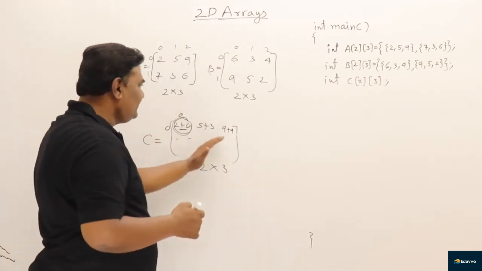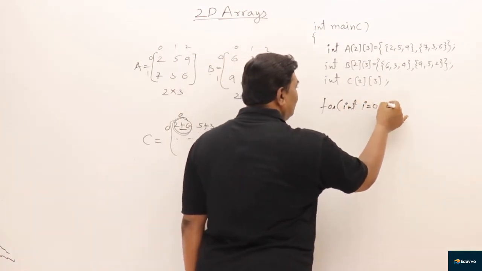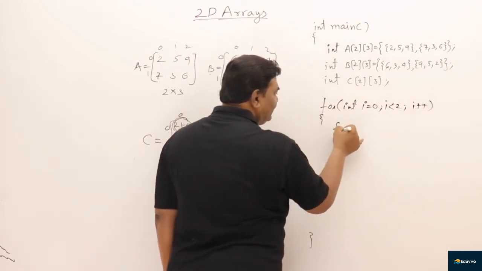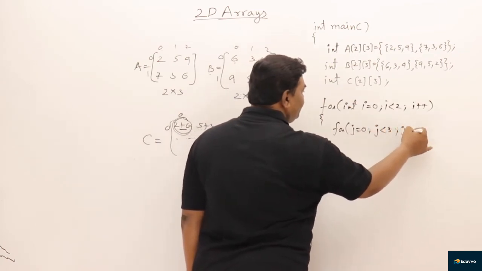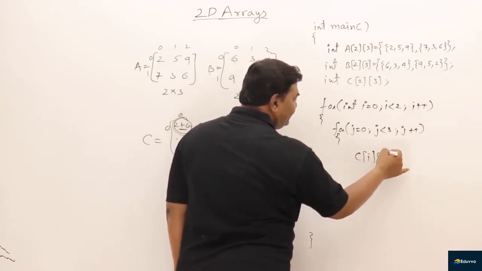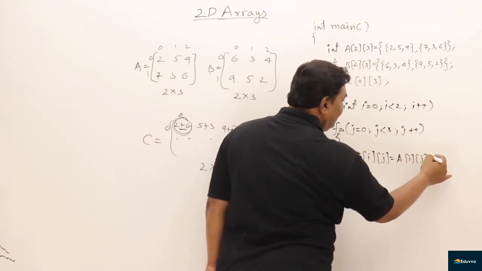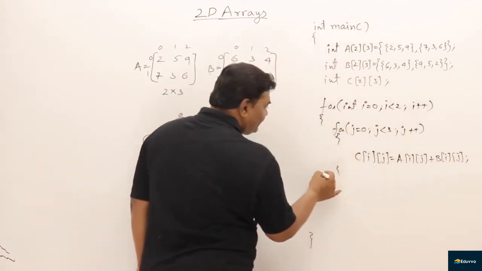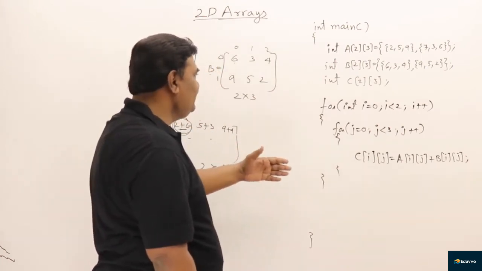So I can browse through all these locations by using two for loops. For integer i assign 0, i is less than 2, i plus plus. Then inside this, for j assign 0, j is less than 3, j plus plus. Then I have to prepare matrix C, and for each element of C matrix I should get the element of A matrix and add it with elements of B matrix. That's it. So these two nested for loops will add all the elements of A and B and store the